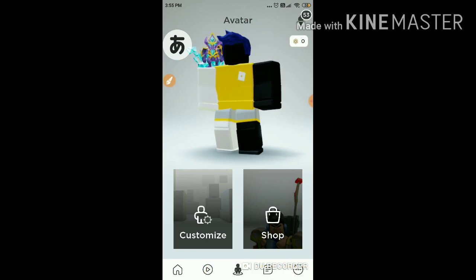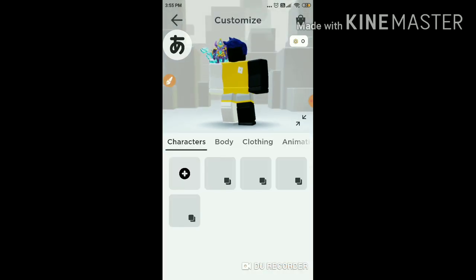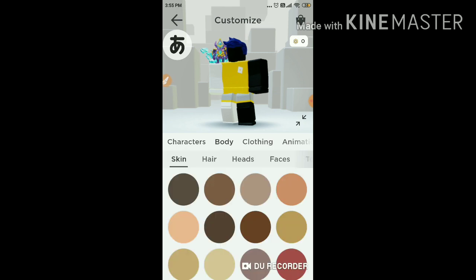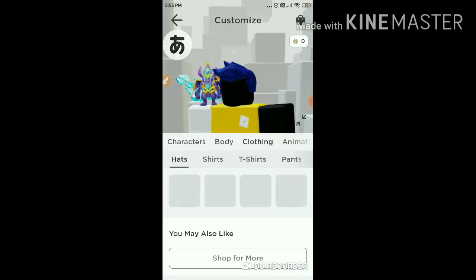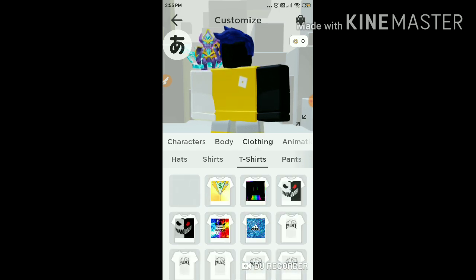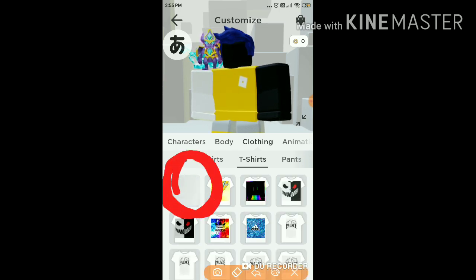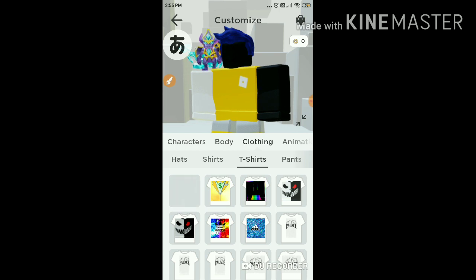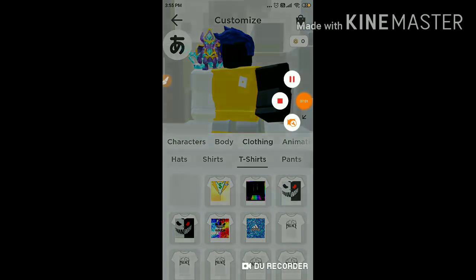This is not in real, but it will show you that you have yellow. When you done all these settings, it will not look like this. I will show you it. Just go to your clothing and t-shirt and find the t-shirt you created. This is my latest created t-shirt, guys. It is not loading because I created just now. Wait guys, I will be back when it is loaded.